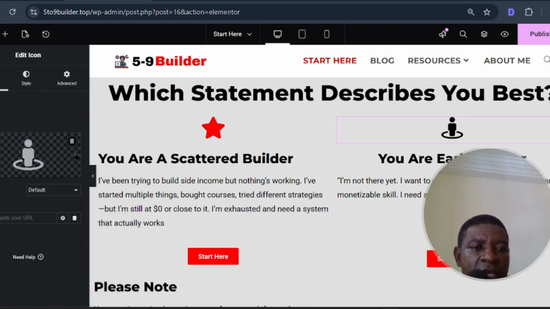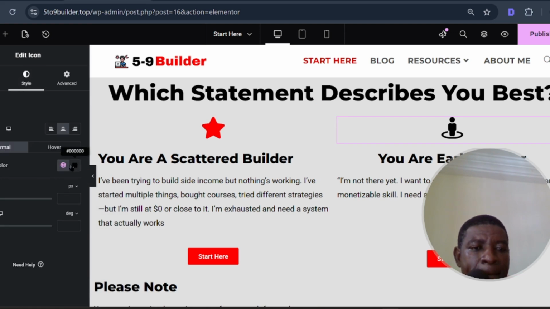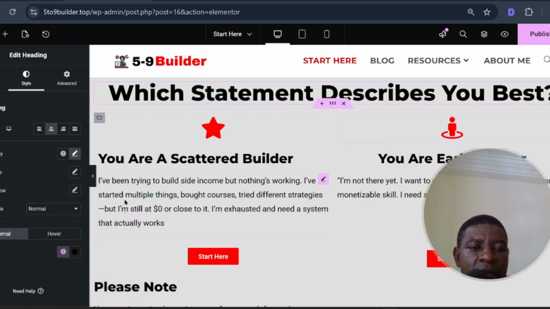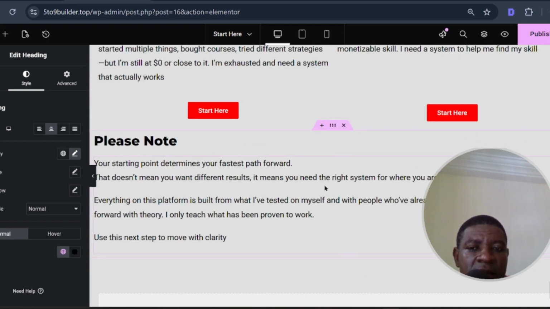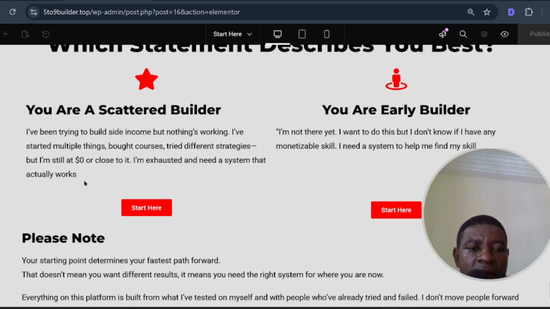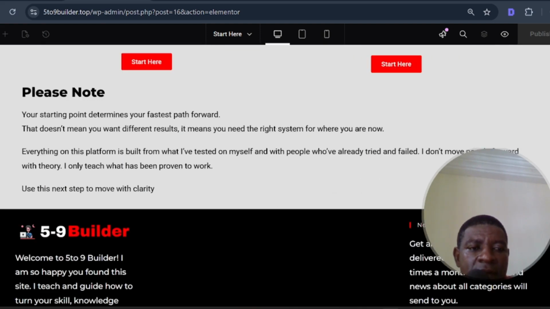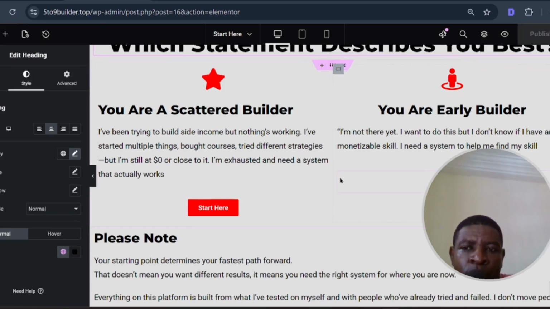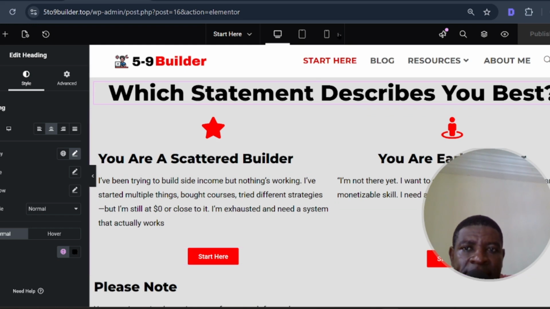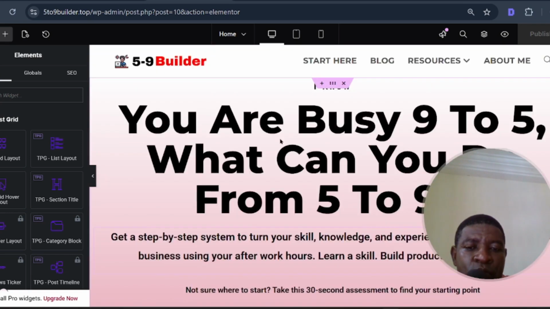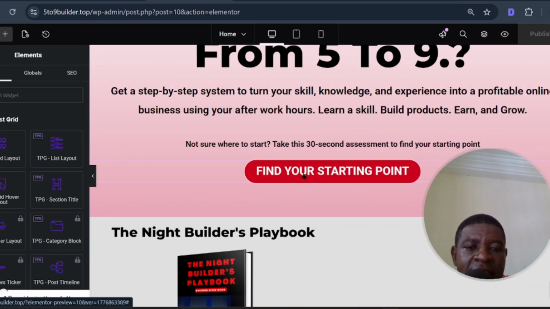This one to accent color. Okay, this is it. So let me publish it. Okay, so now the assessment page is done. Okay, so what I'm going to do is to link this to the